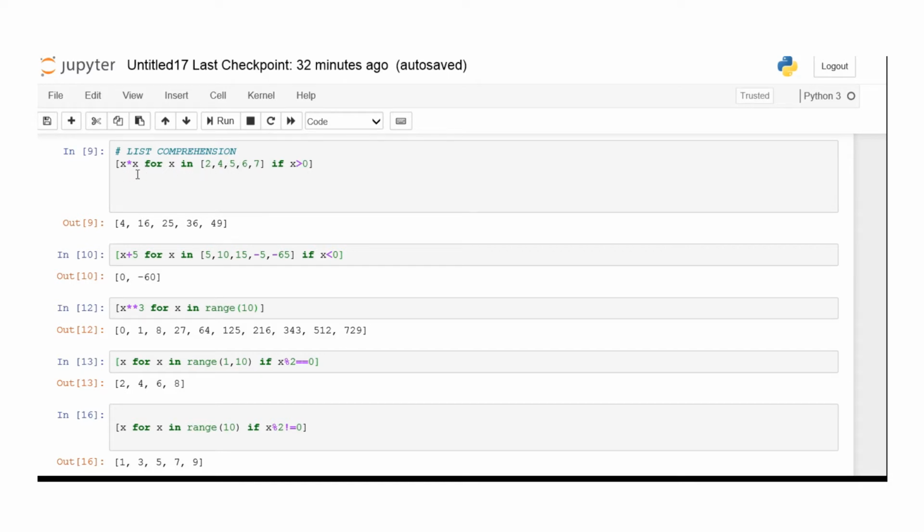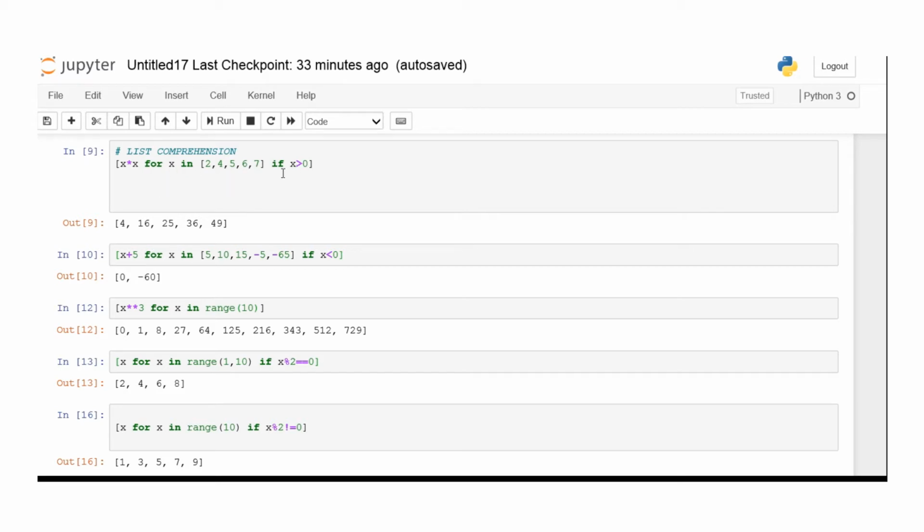The expression will get executed only if the x value is positive. Before it squares each element from the list, it will check that the value is positive. So the checking is going on here. This is the way we give the condition. Each and every element of the given list should satisfy the given condition.